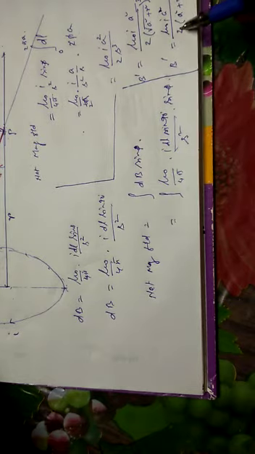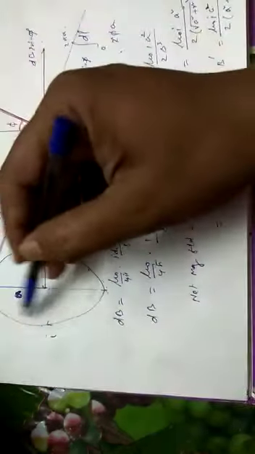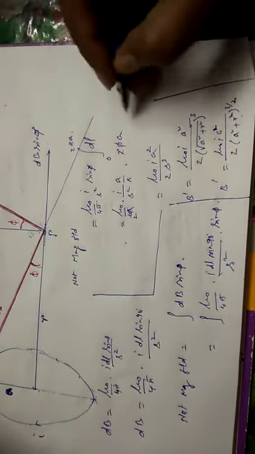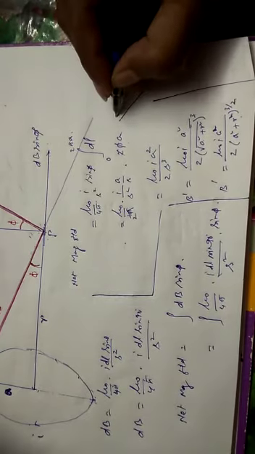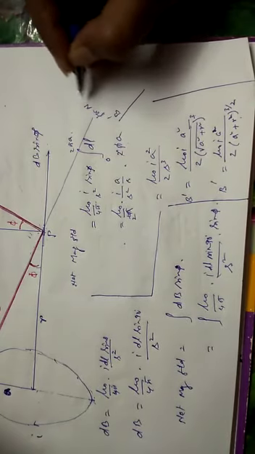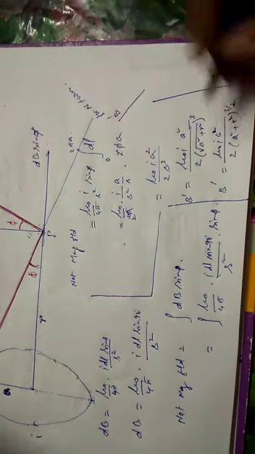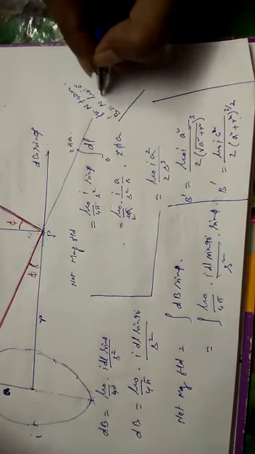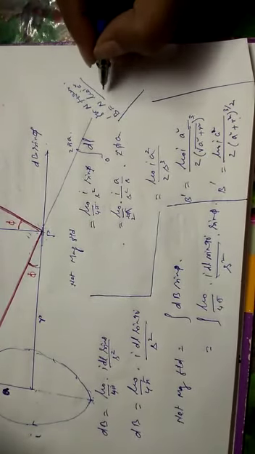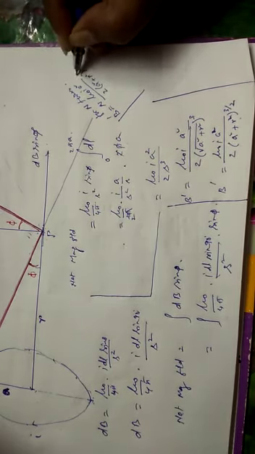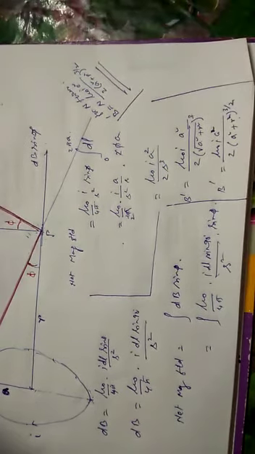And if there are n turns in this coil, you have to multiply it with n, and in that case your net magnetic field is going to be, I am writing here, the net magnetic field for n number of turns. It is going to be n into mu naught I a square divided by 2 into a square plus r square to the power 3 by 2 for n number of turns.